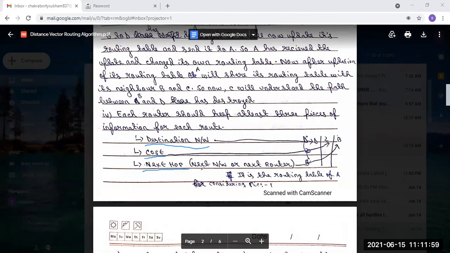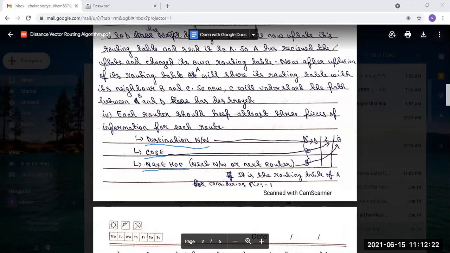Next hop means the next network or the next router. So a routing table consists of these 3 pieces of information: destination network, cost, and next hop.